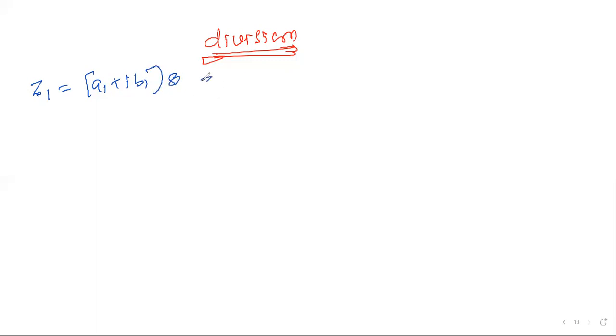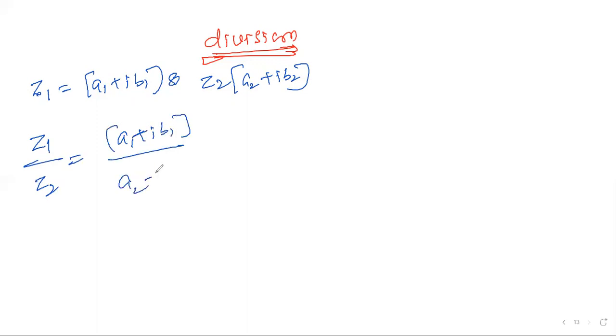This is very important. Please try to concentrate on that. Many formulas are there, but please don't just follow the formulas; try to follow the method a little. This will save you anywhere in the exams. Next, I'll take Z1 equal to A1 plus iB1 and Z2 equal to A2 plus iB2. Here, how to divide? Just a regular division Z1 by Z2, so A1 plus iB1 by A2 plus iB2.